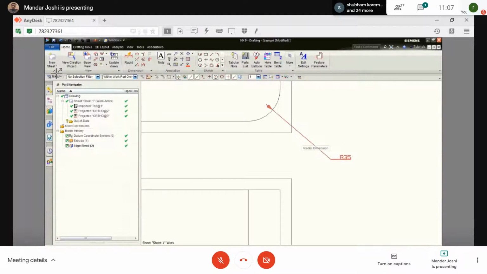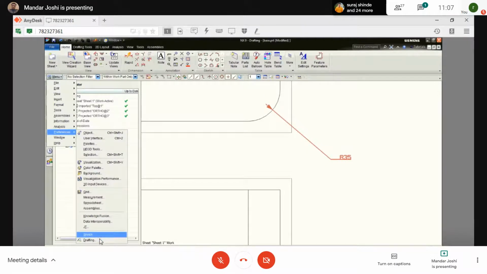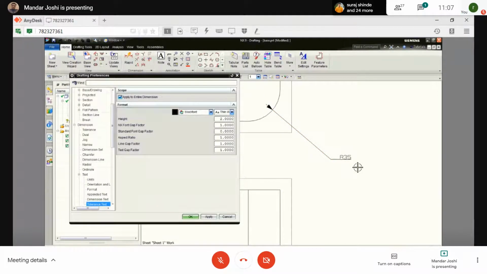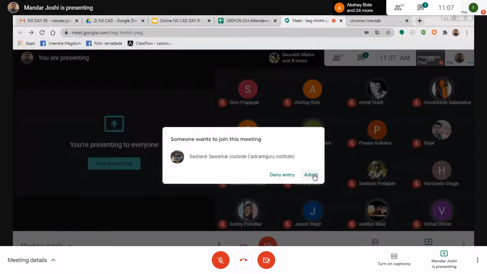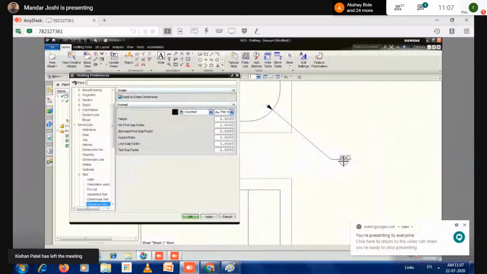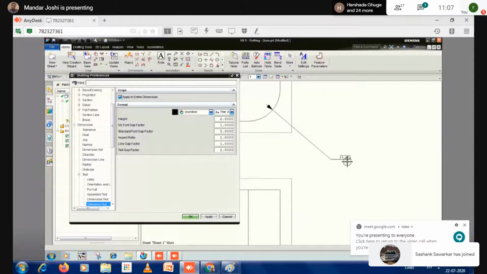So how to set it? Go to menu again, preferences, and in the preferences use the drafting. Where can I increase the size of this text? Can you tell? See the settings and tell me. I want to increase the text size of this radius 35. How to increase it? Where will you get that setting? See the list of settings and tell me. This text is related to what?